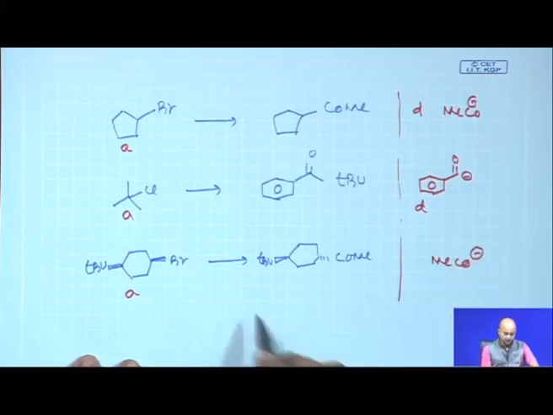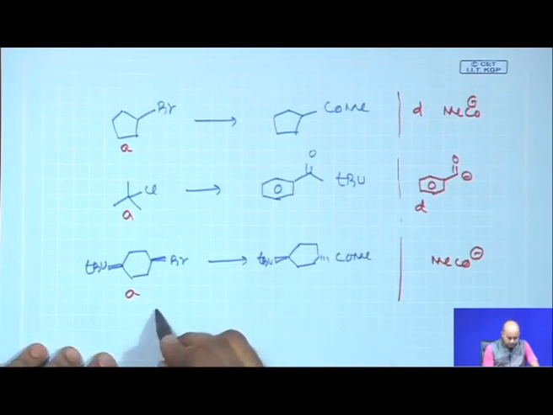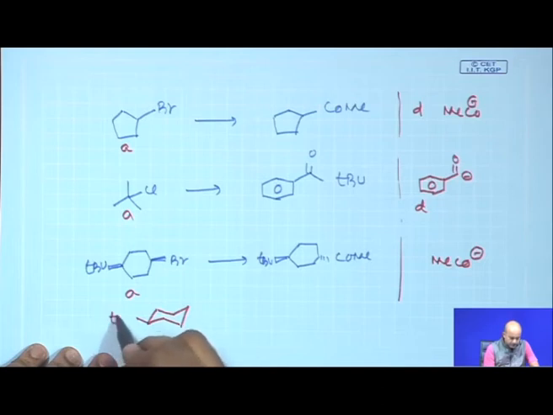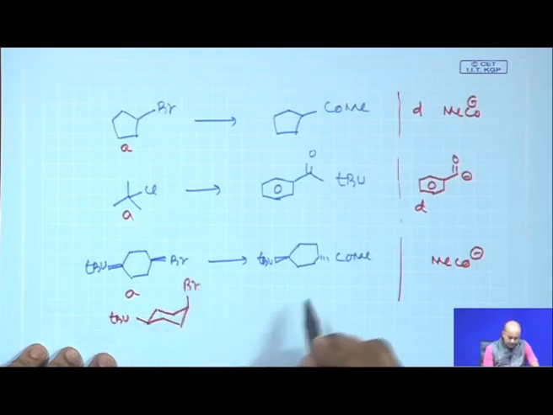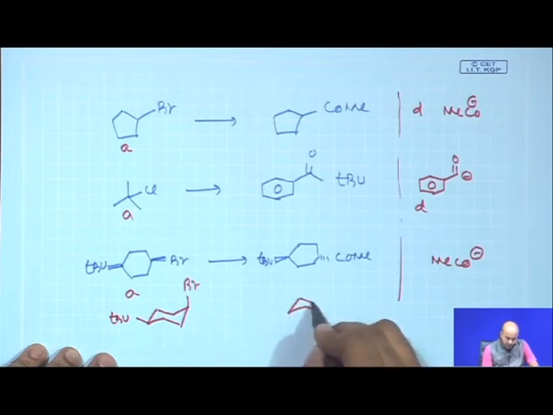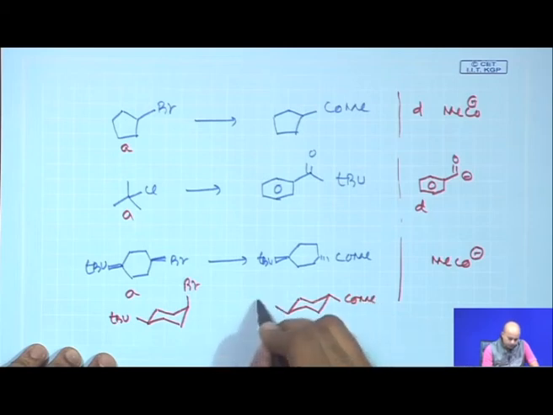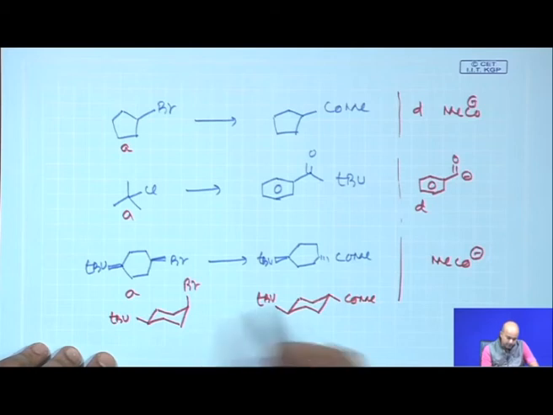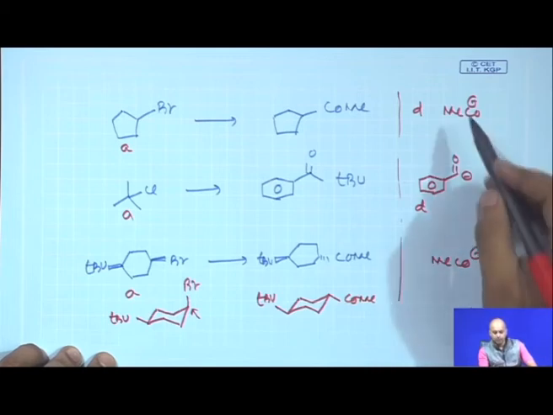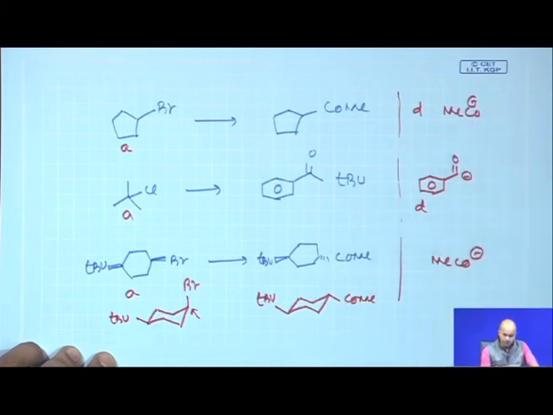Then in the third case you have to look at the stereochemistry. The starting compound is tertiary butyl, the cis compound. Okay. The final product which was given is a trans. That is obvious, because as you are doing an SN2 reaction of this MeCO minus, it always attacks from the backside. SN2. So, you get this COMe. Now, what is the source of this MeCO minus? You can easily use this